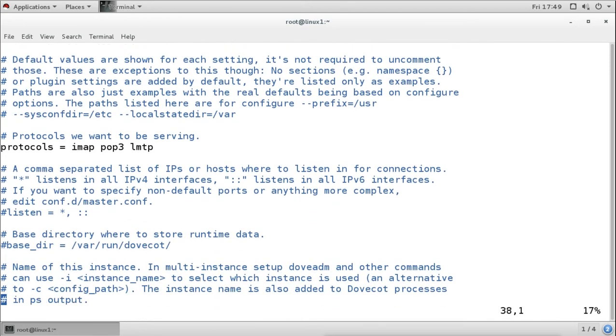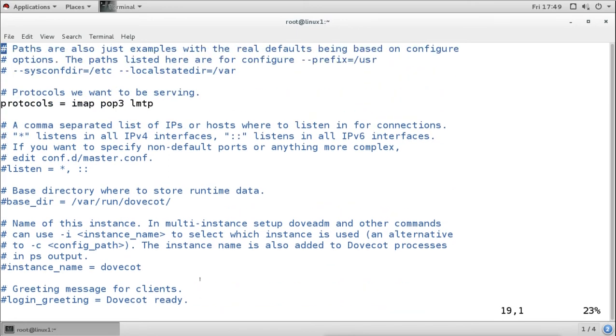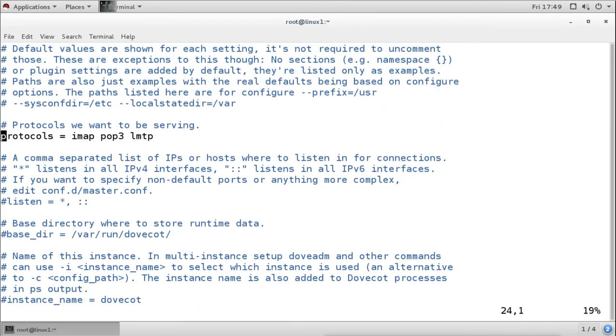Then we will enable one more line, listen is equal to star. That means it is going to listen from everyone. This is on line number 30. So we enable line number 24 and line number 30.